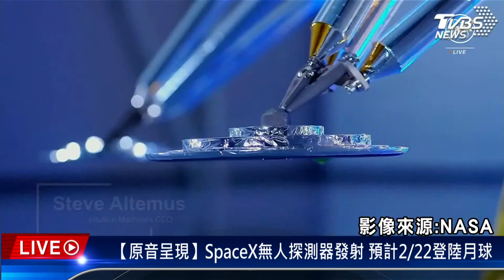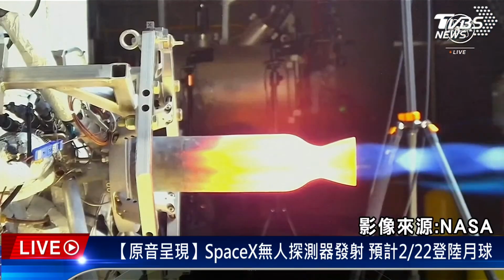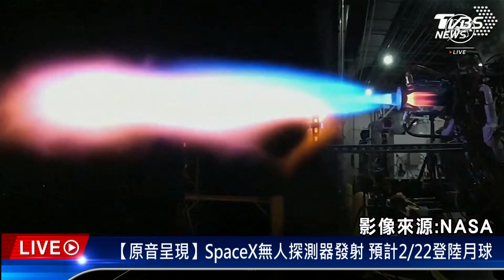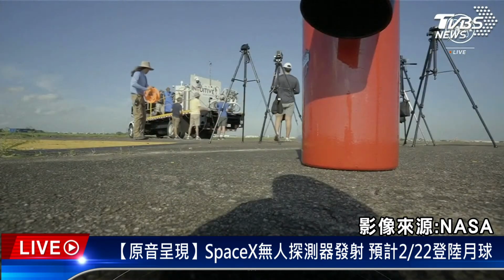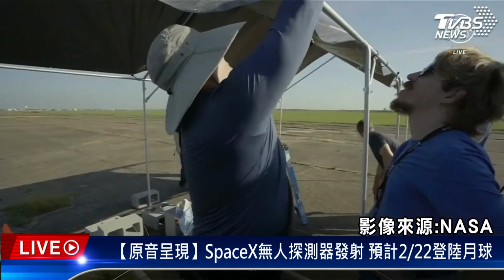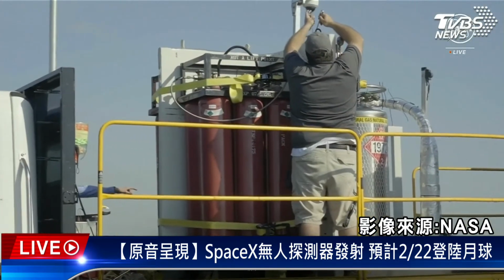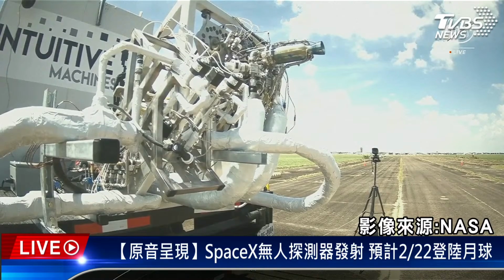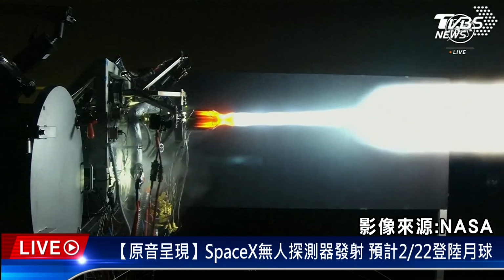The Nova-C was our version of a liquid oxygen, liquid methane lander, and we went about imagining that into existence. Intuitive Machines' Nova-C class 3D printed engine took its first breath of liquid methane and liquid oxygen in 2018 on an airstrip at Ellington Airport in Houston, Texas. We didn't have enough money for a facility with blast walls and water suppression or water deluge, so we had to test outside in the environment of Houston, where the temperature is about 100 degrees and the humidity is like the same, and we have an 18-hour day rolling out to the runway. It was brutal, but we did it to get the critical test engine data we needed to build our own